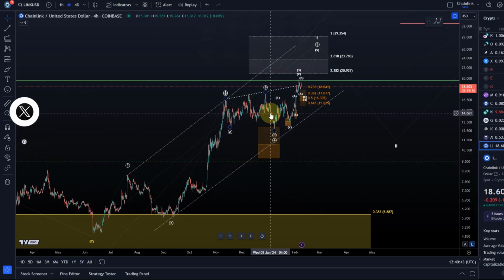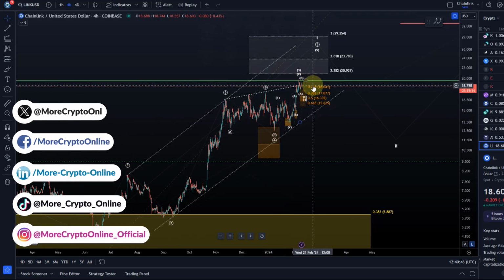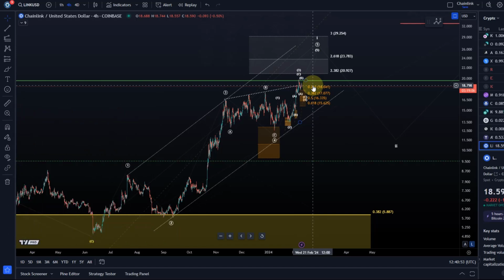The overall situation on the Link chart is basically unchanged. We have made some progress, however, on the micro waves. When we look at the microstructure, because this is looking good at the moment. The market is respecting the microstructure I proposed yesterday, and overall Link has been behaving really well and is cooperating well with the wave scenario we're dealing with, and it could be that we're now entering another opportunity phase. I will highlight why, and I will make you aware of the relevant micro support levels and microstructures as well